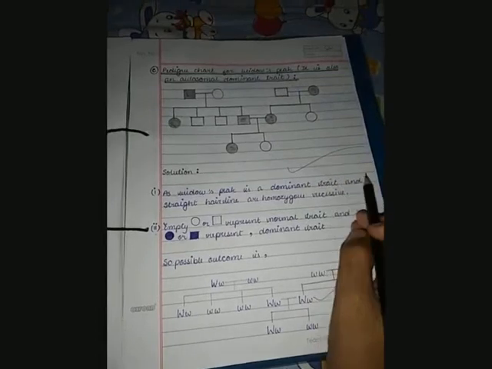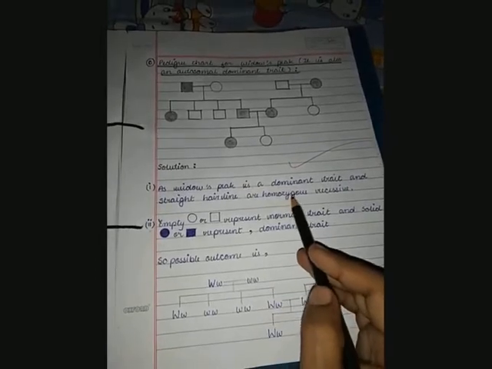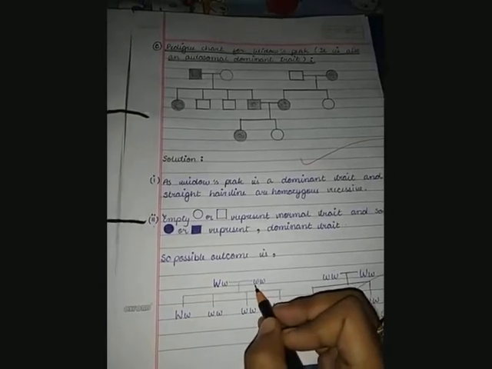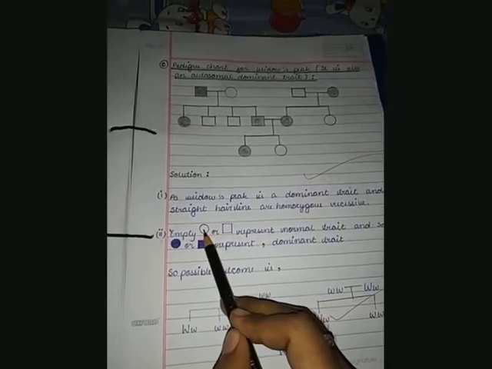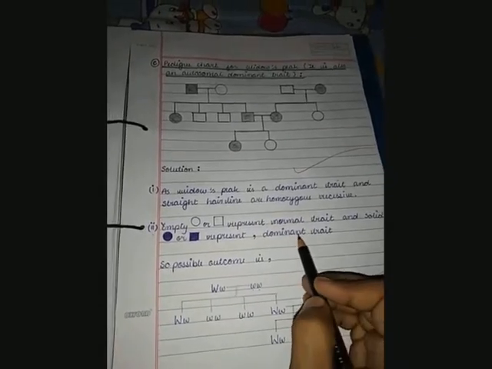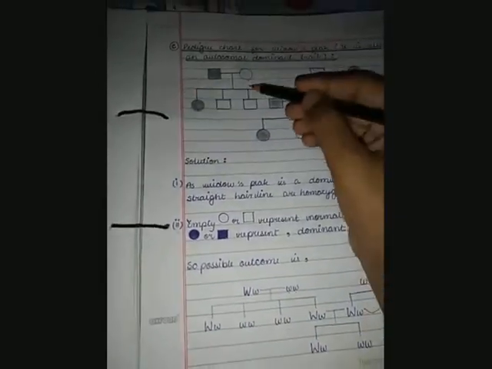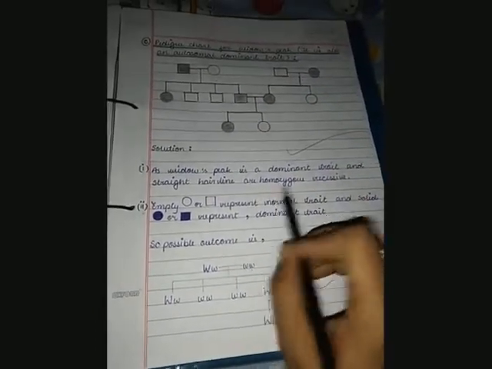Again, this is the same as the rolling of tongue, meaning it is a dominant trait, whereas the straight hairline is homozygous recessive. Homozygous means both the same allele. The empty symbol represents a normal trait, whereas the solid represents a dominant trait. Dominant means the presence of capital W. This is the affected, meaning a capital W is present. It is the normal. Normal means homozygous recessive. Straight hairline means homozygous recessive.